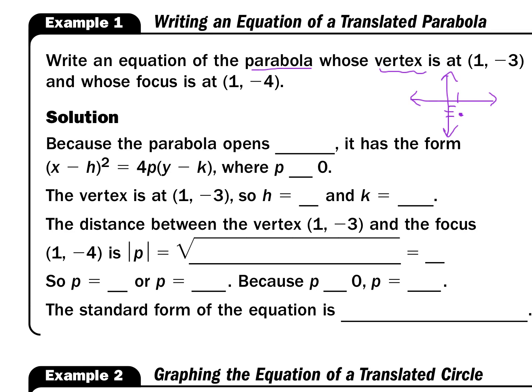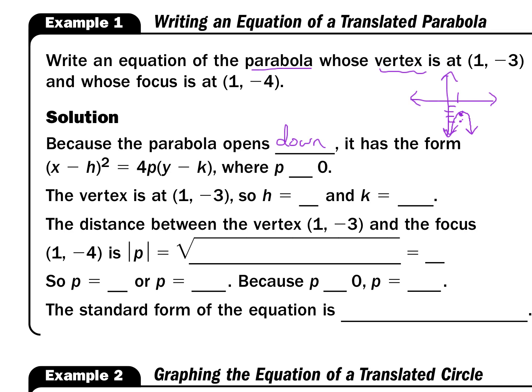Okay, and a focus at 1 comma negative 4, which means that it's 1 lower. Well, what that tells us is that because the focus must be inside the parabola, we've got a parabola that opens down. Okay, so because the parabola opens down, it has the form (x minus h) squared equals 4p times the quantity (y minus k),